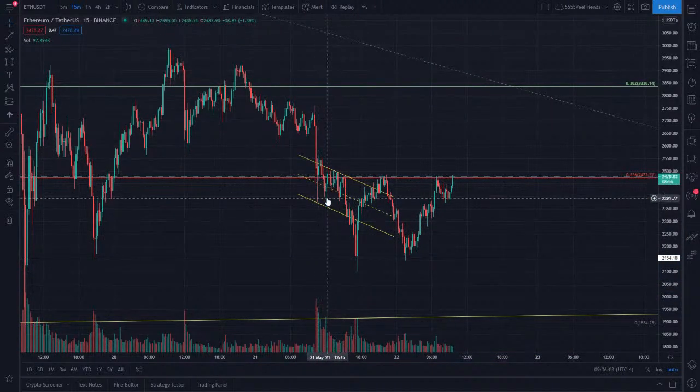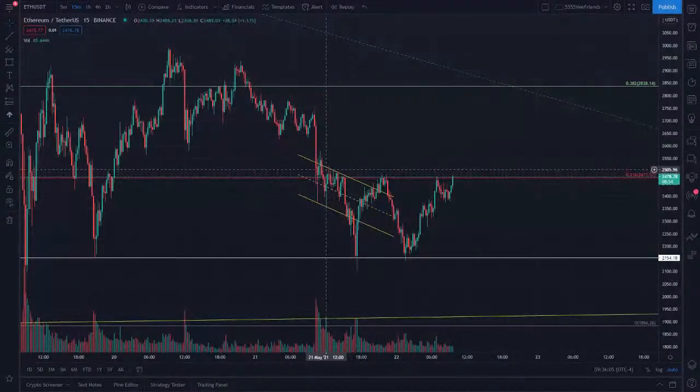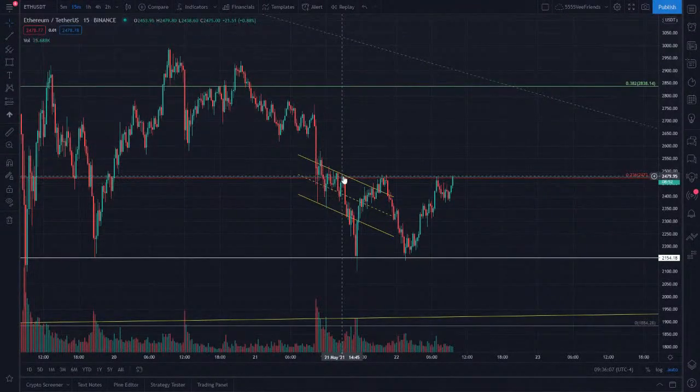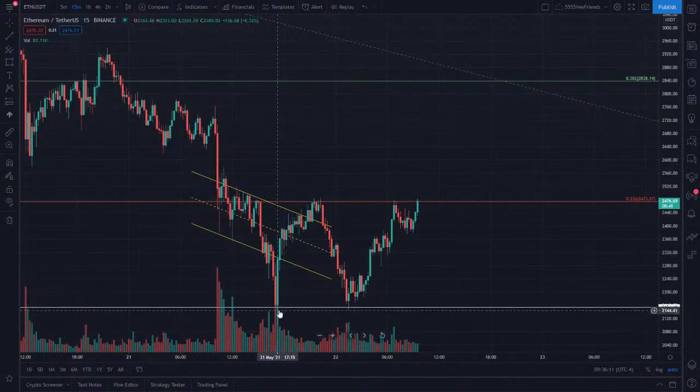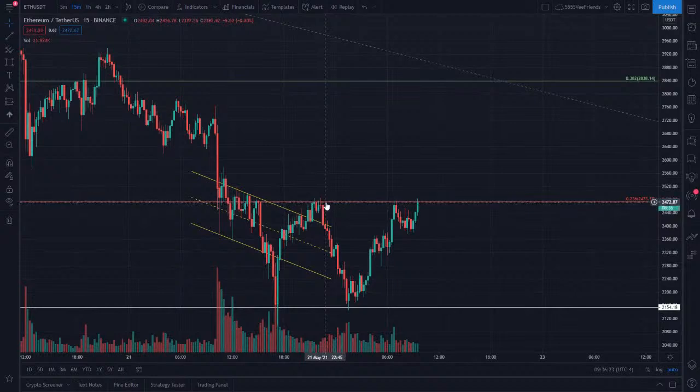So when we were just kind of messing around in the channel, dip, dip, dip, let's try to get past it, so to speak, then what we do is we end up testing the channel, dropping off of the channel, and we end up flying all the way back up past here and then into our fib line. It gets rejected very, very hard from that fib line.